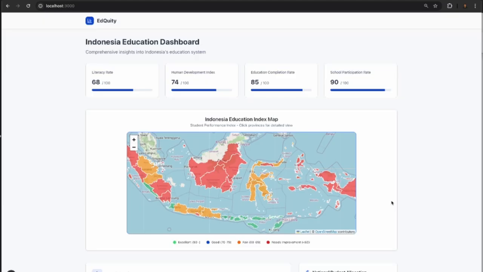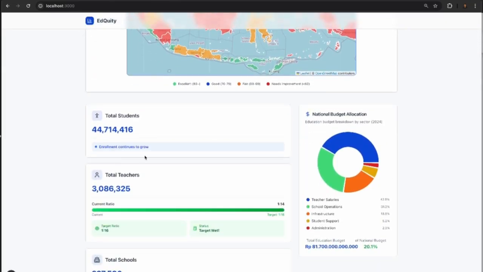Edquity is a web application that can control and also track Indonesia's education situation right now in Indonesia. As you can see here, we can see the Indonesia's education index map with all the indexes here, literacy rate, school participation rate. And we can also see the total number of students, teachers, and schools in Indonesia, and also the